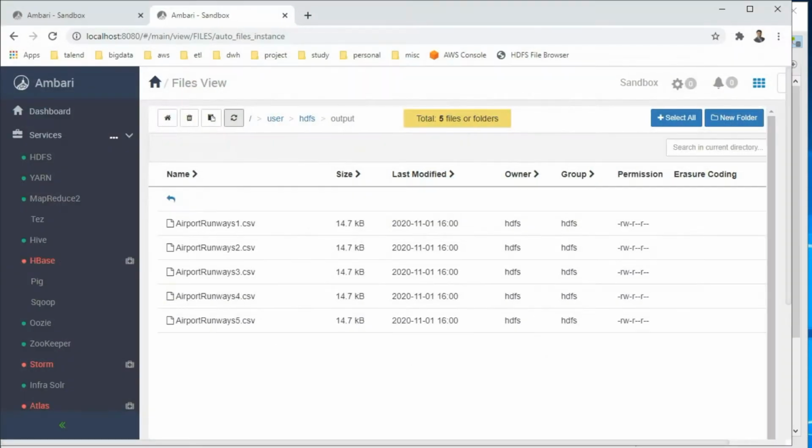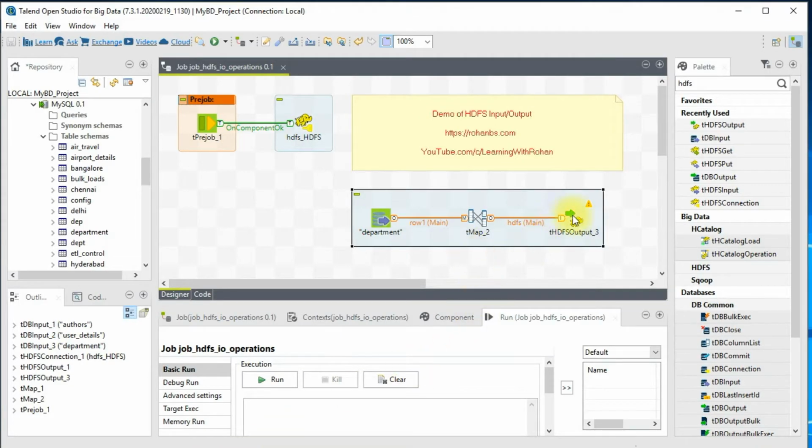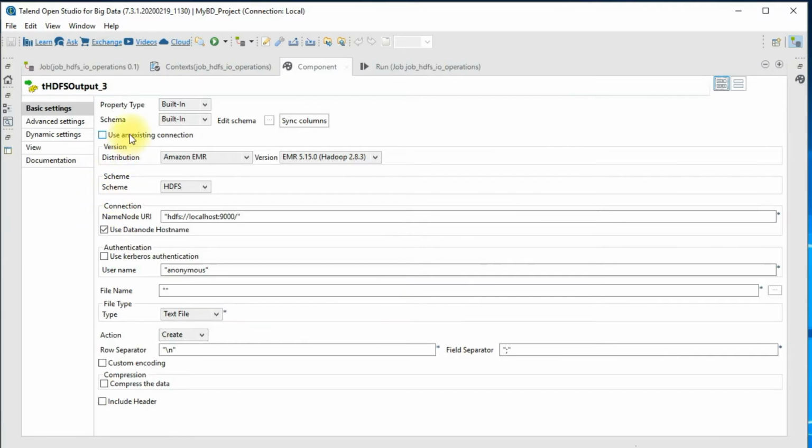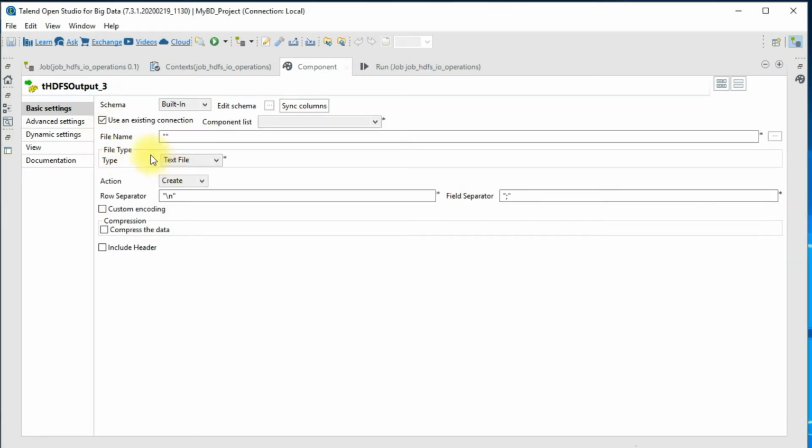As you see, I would want the data to be coming in the same folder, the user HDFS output folder. So for that we will have to configure our target component. Again, we have a connection parameter. You don't have to repeatedly do these configurations. We already have a connection from metadata, so we should be leveraging all the existing connections.